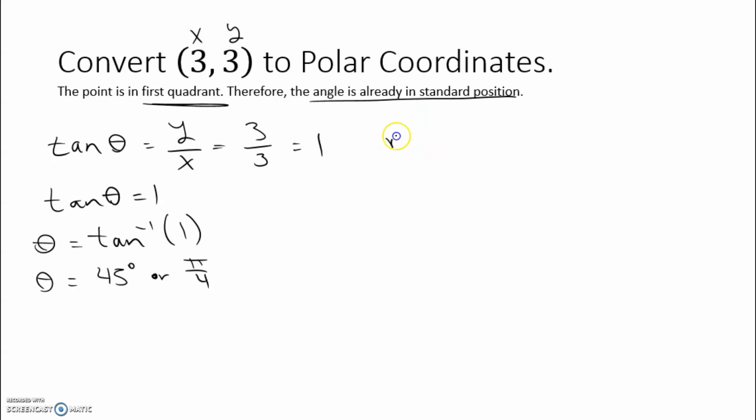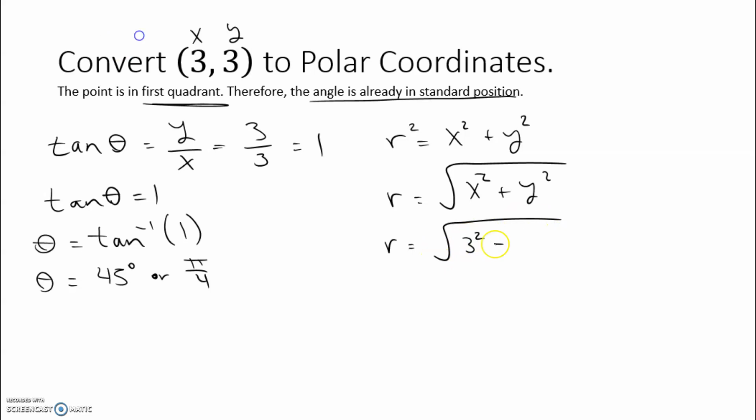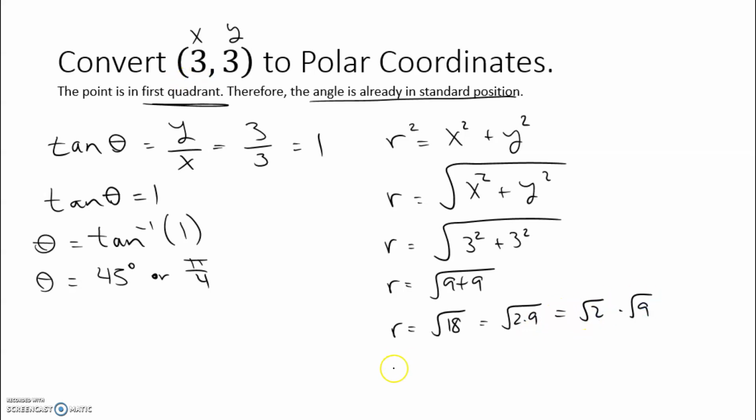Okay, to find r, that is going to be r squared is x squared plus y squared, or the same thing as the square root of x squared plus y squared. So the square root of 3 squared plus 3 squared, or 9 plus 9, or 18, which we can describe as 2 times 9. Break that apart, square root of 2 times the square root of 9, which would give us 3 square